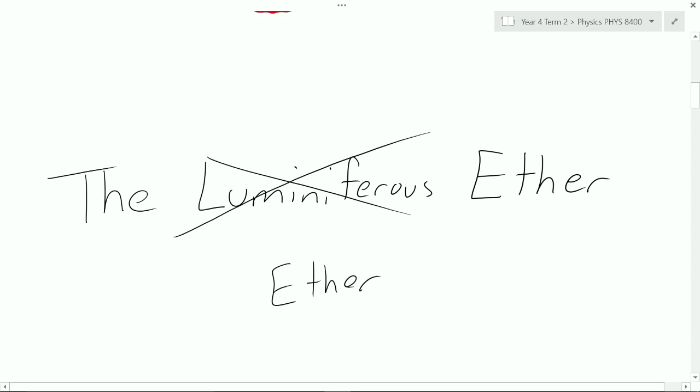Now, this medium was transparent, so it wasn't readily observable, but was presumed to fill all of space. By assuming this, the ether was stationary and created an absolute reference frame for the universe.